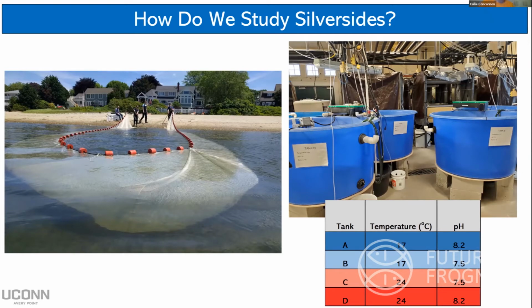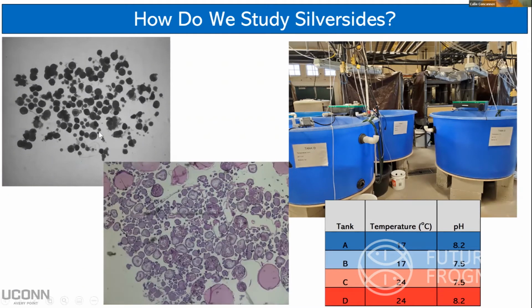So I raised them in these conditions for 11 months. And then after 11 months, I measured their total length, which is their length from their snout to the tip of their tail, their weight, and a gonadosomatic index, which is the percent of their body weight that is their reproductive organs. And I also took a deeper dive into the female reproduction and looked at how many eggs they're producing, what sizes those eggs are, and what developmental stages those eggs are in. So I have some pictures of some fish eggs here. So I counted and measured all the